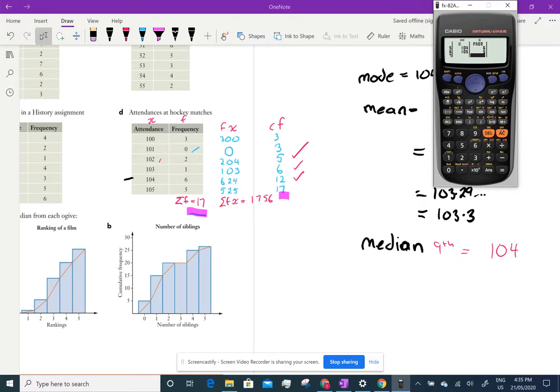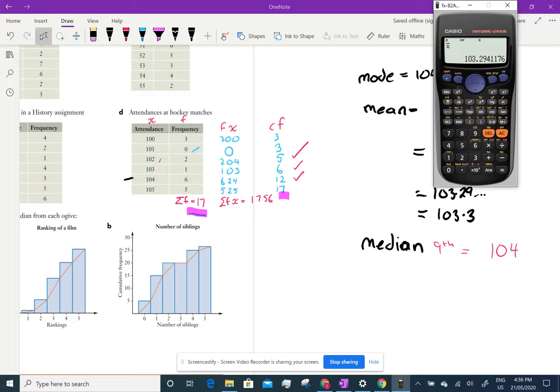Now they're in there. I press all clear. I go shift. The first thing I do is I want to make sure I've got the right amount of data. I know there are 17 bits of data, so that's the first thing I'm going to check. I'm going to check by going number 1. Are there 17? Yes. So now I go and check the others. Now, you know I can't do the mode, so I'm going to do the mean. And again, that's in variable stats, and that's number 2. And there we go. We got that one,